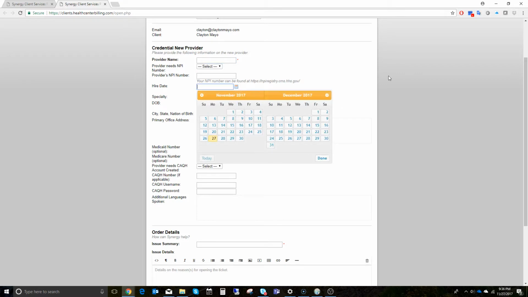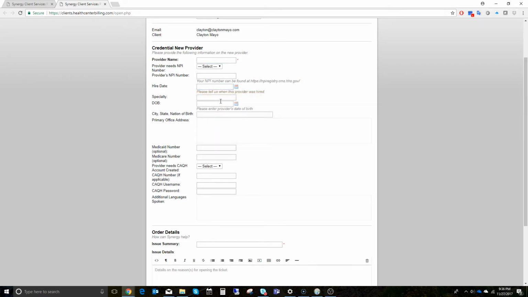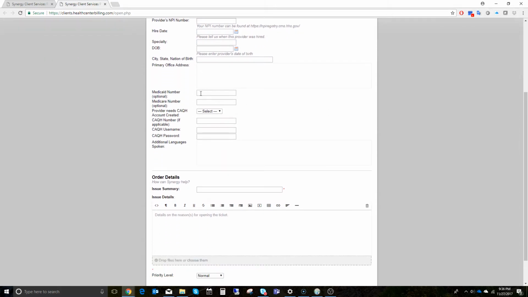What their hire date is, what their specialty is, date of birth, where they were born, what their primary office address is going to be, if they have Medicaid and Medicare numbers, and what their CAQH login information is. We also have an additional field here for languages spoken. This just helps us in filling out CAQH